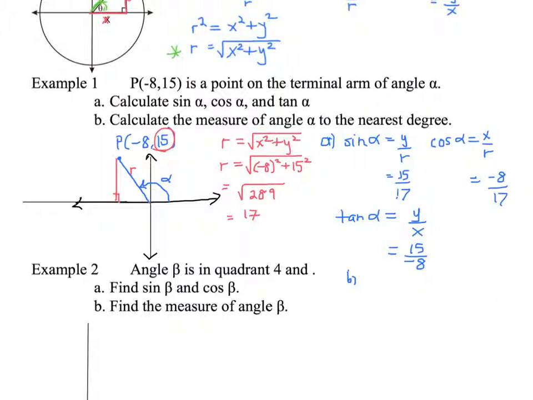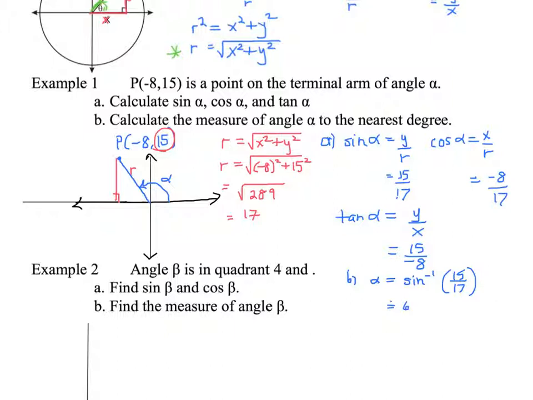Since we know that sine alpha is equal to 15 over 17, I can use the inverse sine function to find the measure of angle alpha. I know that alpha would be equal to sine inverse 15 over 17. And if I type that into the calculator, I find out that alpha is